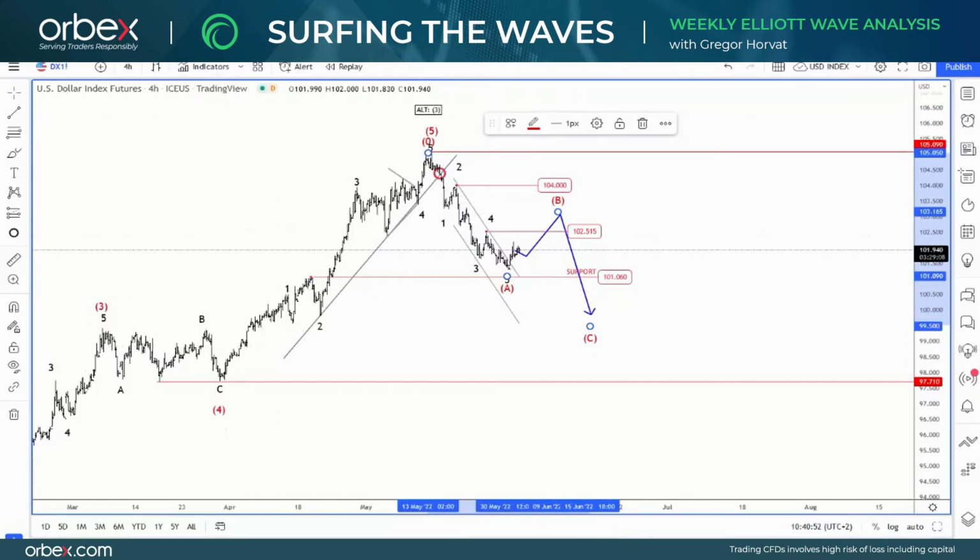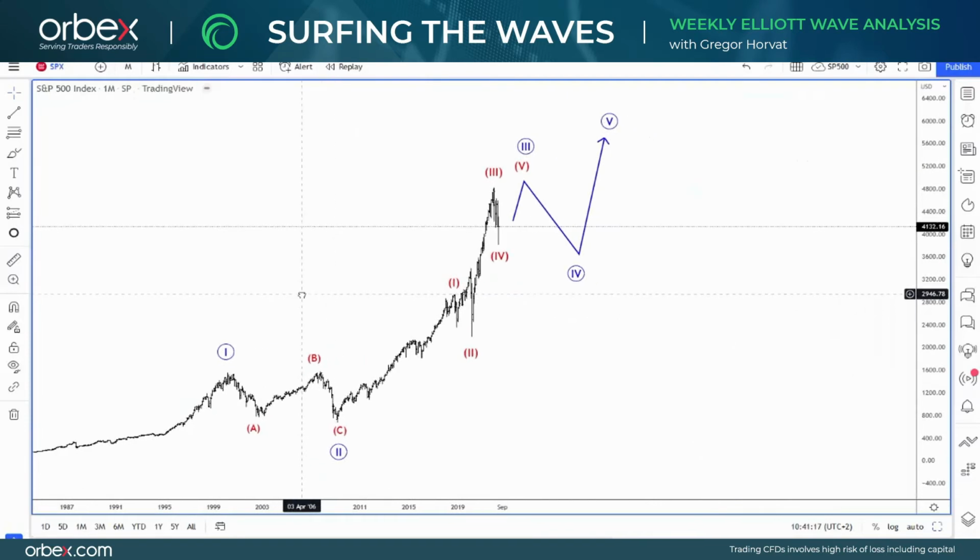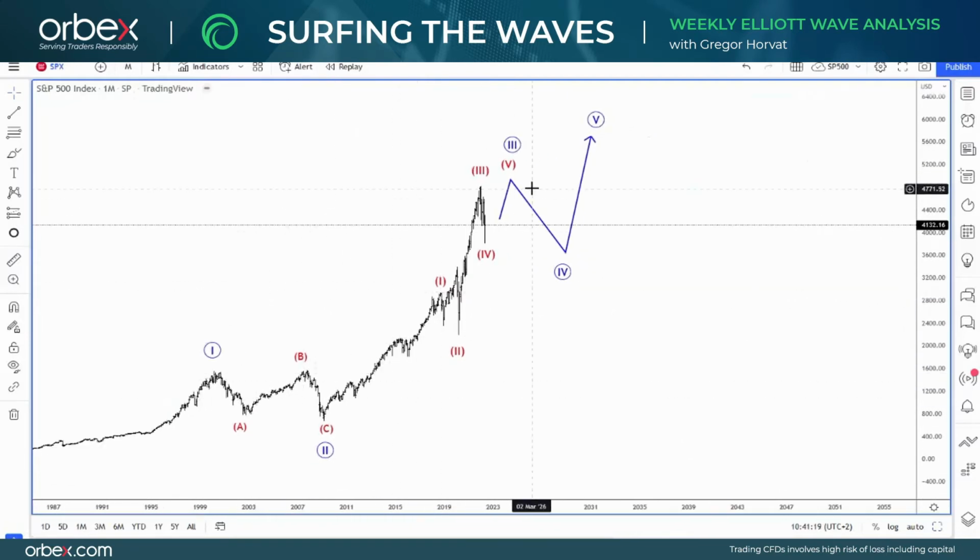At the same time, what is also interesting regarding dollar weakness, as we are expecting more weakness on the US dollar, is that stocks are now recovering. This recovery in stocks suggests that the dollar could see more weakness, because risk on can be back. So to give you the outlook on the S&P 500, I'm tracking a big ongoing bullish impulse,